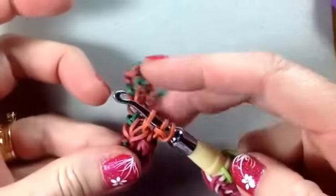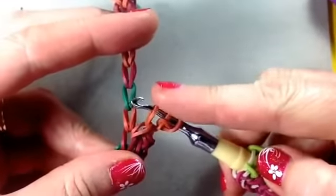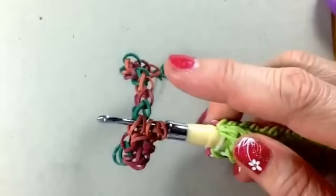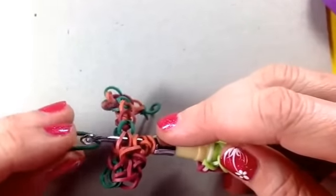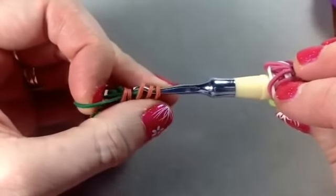Okay, so at the end of each section when you've done this, you'll be going into the same colour as the bands you've just done. So in this case into the caramel. And you'll be pulling through a band of the next colour up to start that sequence. So pulling through